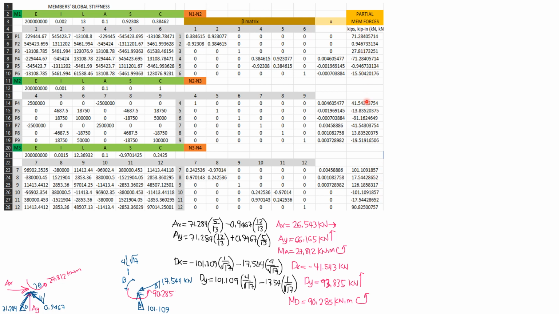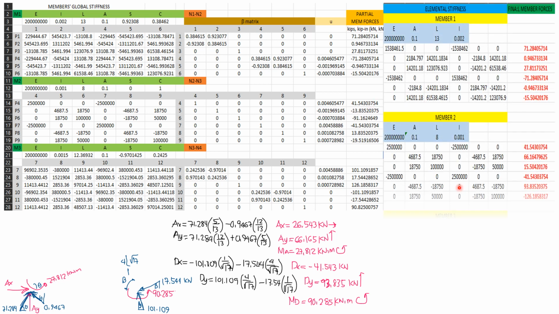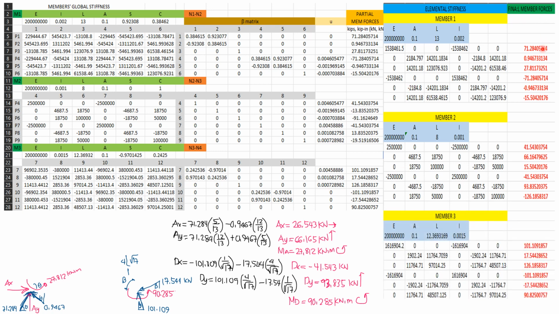And only member 2 will have to change its member forces because of the fixed forces. And this would be the final member forces. So for member 1, it's the same. Member 3, it's also the same. Member 2 has changes. From here, we can now compute the